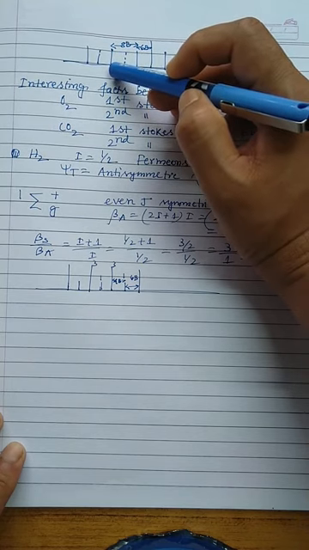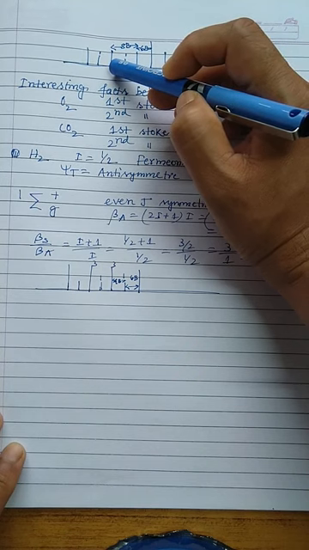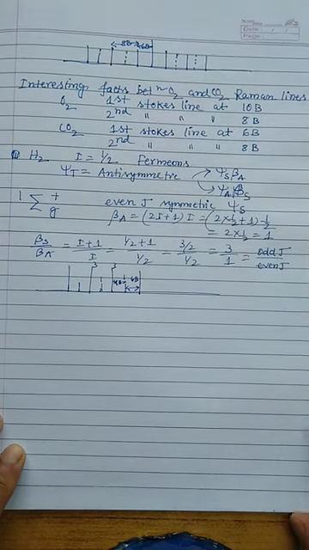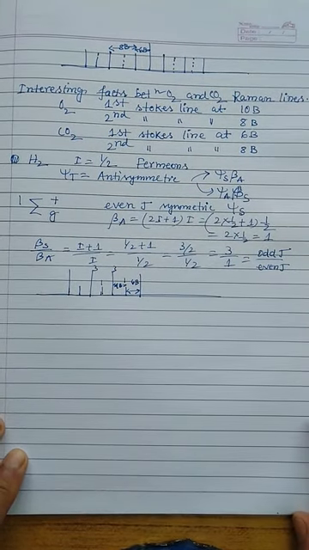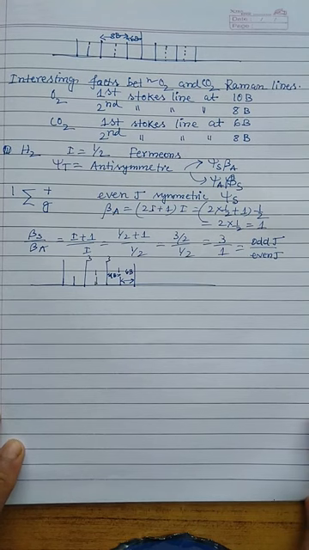So the first line appears at 6b distance, and the second line, which is experimentally found in the spectrum, is at 8b distance, because 4b plus 4b means 8b distance. So these are the observations for carbon dioxide, oxygen, hydrogen molecules. We can also discuss some other molecules if we need, but for this purpose this is fine. And now we'd like to compare the characteristics between oxygen and carbon dioxide, because they are